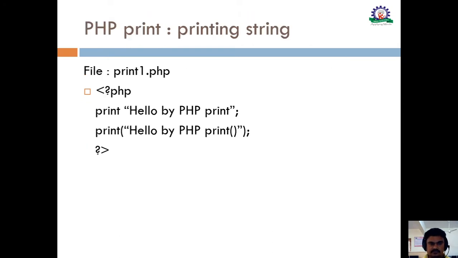Let us go for the examples. Here is an example wherein I am printing a single-line statement. I have demonstrated that I can go either with or without parentheses. Don't worry, I am going to execute this program and show you how we get the output using the print statement.